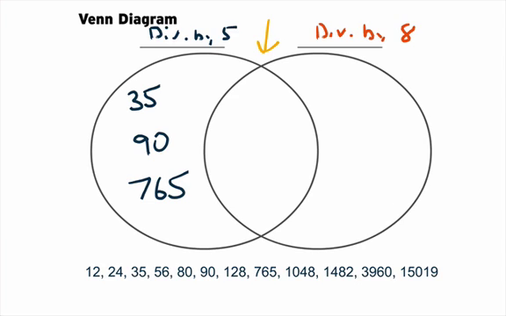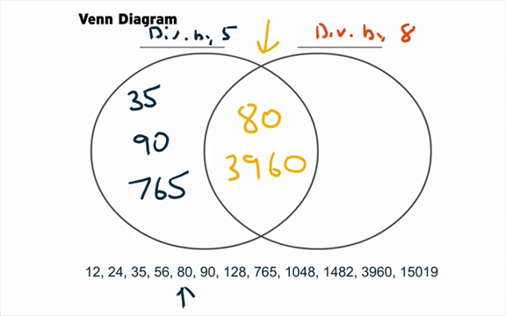There are some numbers here that end in a 0, and you might say, well, why wouldn't we put these numbers where they belong, divisible by 5? Because if you look carefully, they are also divisible by 8. So for example, if you look at the number 80, 80 ends in a 0, which means it's divisible by 5, but the rule for 8 is if 8 can divide into the last 3 digits, it works. Now for 80, we only have 2 digits, but we would just divide and check to see if it works, and 8 does go into 80 10 times. So this means that 80 needs to go in the middle because it works for 5 and for 8. The same thing happens with